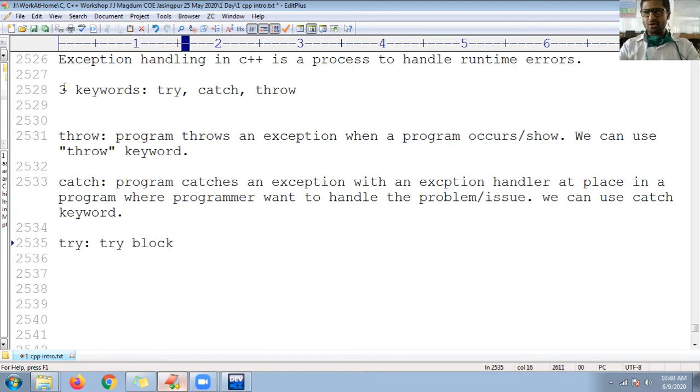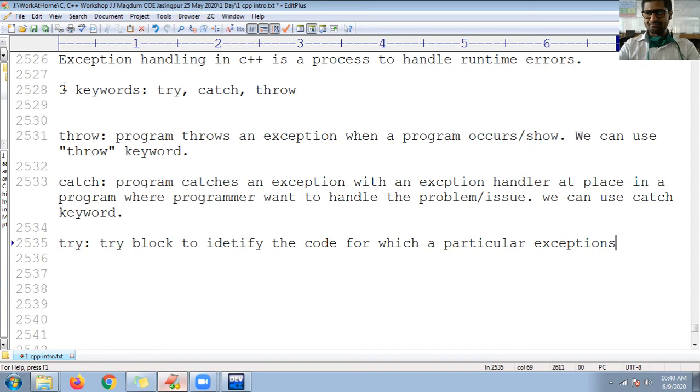We can use the try block to identify the code for which a particular exception will be activated or generated.